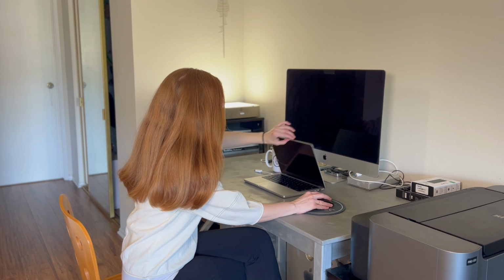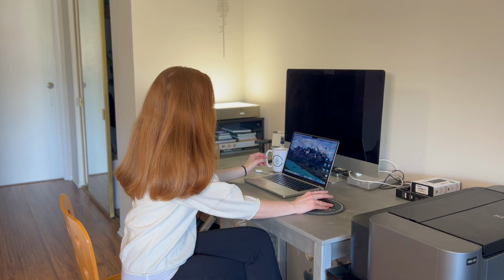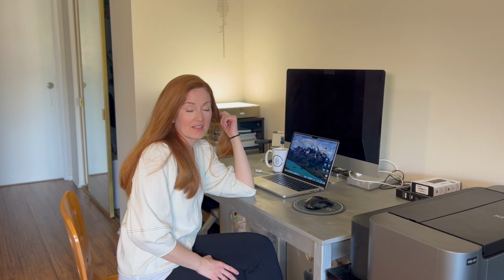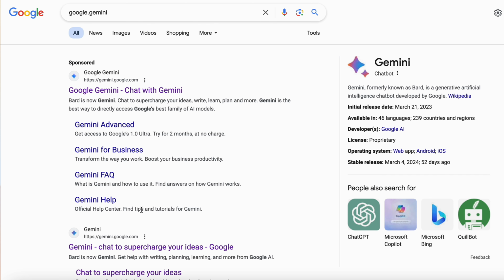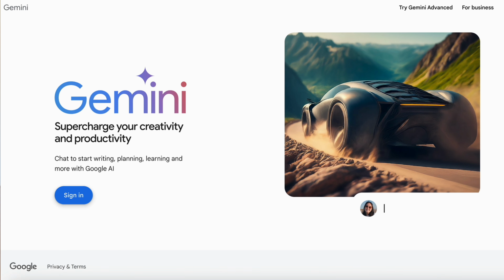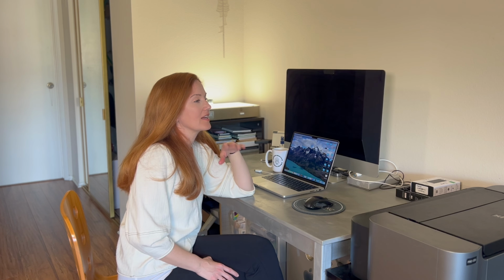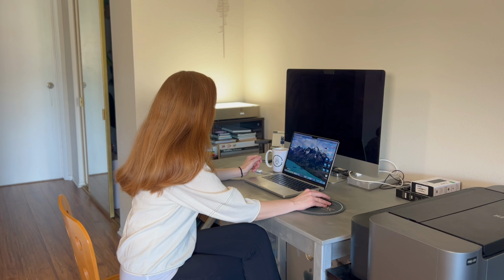All right, so let's see. The first thing that we're going to do is create lyrics with Gemini. Gemini is Google's AI, and all you have to do is have a Gmail account to log in. If you don't have a Gmail account, it's super easy. Just set up your own Gmail account. And then once you do, we are just going to go to